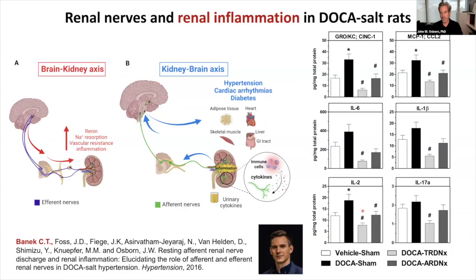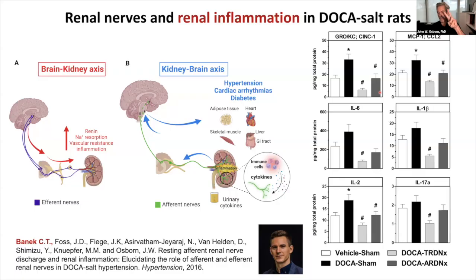Now, I'm not going to spend a ton of time on this, but I do want to mention it because we're working on it. We have been for a while. The idea is there's some interaction of the nerves with this inflammation in the kidney. And so we measure at the end of the study a bunch of chemokines and cytokines in these animals. Let me pick out, so like for example, this is growth C. This should be the level in a normotensive rat. This is a DOCA salt hypertensive animal at the end of the protocol. If you denervate the kidney before inducing hypertension, not only is it normalized, it's actually below normal. And then this would be a sensory denervation.